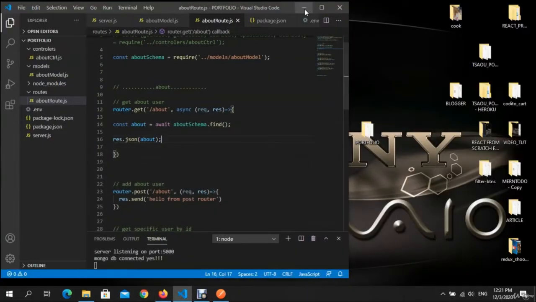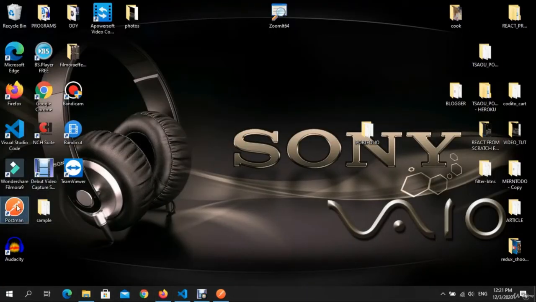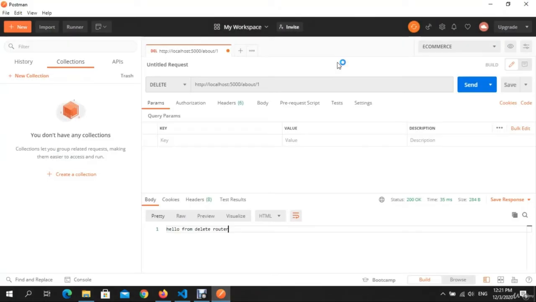We don't need this anymore. Right? And we get an empty array. It's empty, guys. Look, we don't get anything. An empty array, if you see here. Look here. We don't have anything. It's empty. Also, let's now open, because it's very important to work with Postman in order to understand things better,